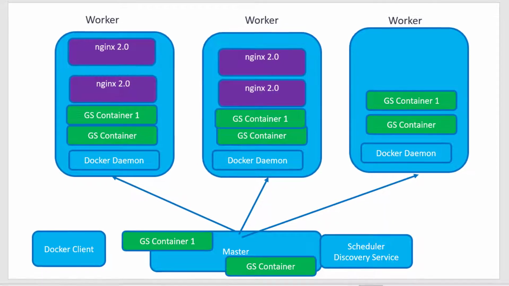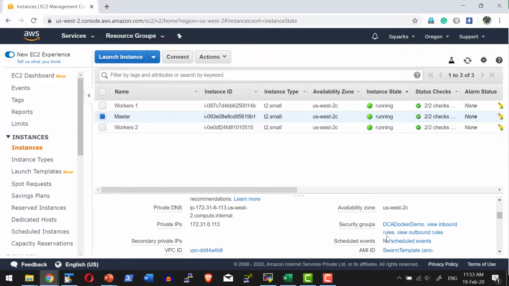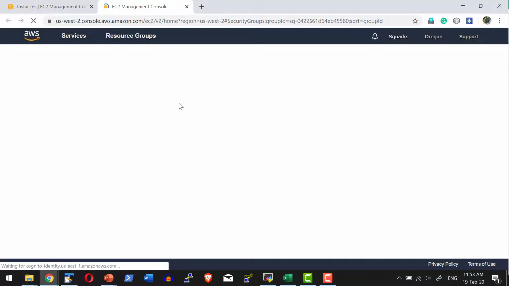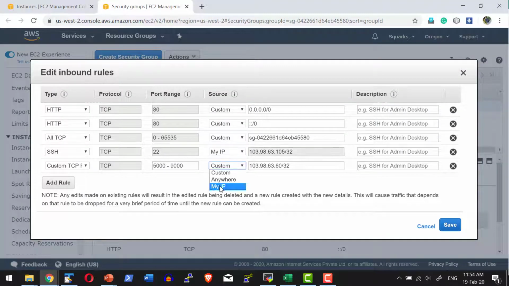Let me log into the master of my Swarm cluster, and before getting into the master, let me make sure the IP address is refreshed within the security group. As I do have a dynamic IP address, it gets updated on a regular basis, around every 24 hours. So I am in the security group. Let me check the inbound rules and change the IP address so that automatically it will pick my IP address and add it as a part of the rule.